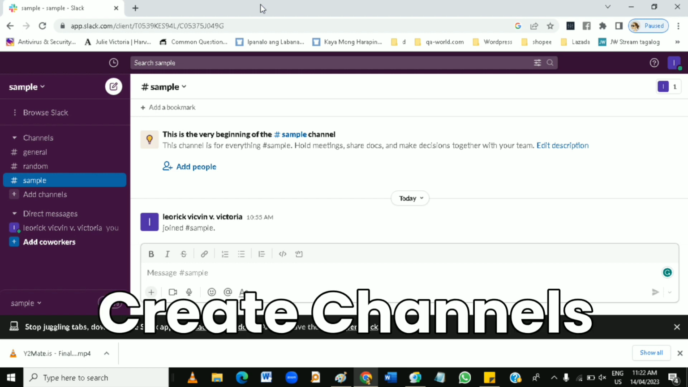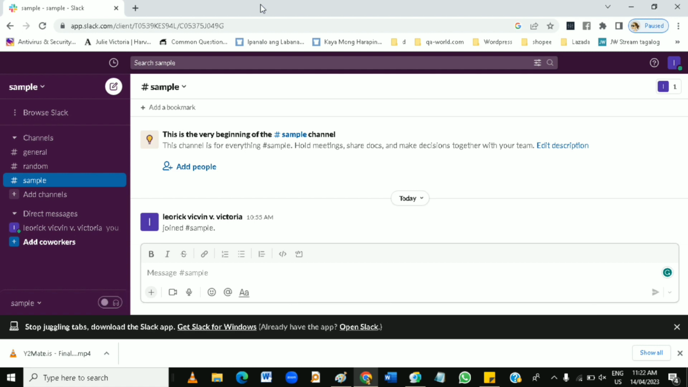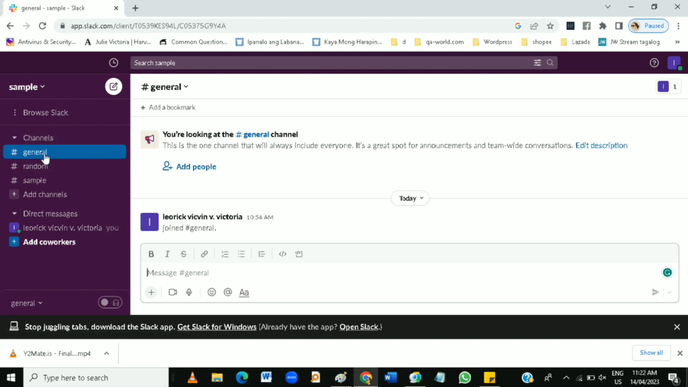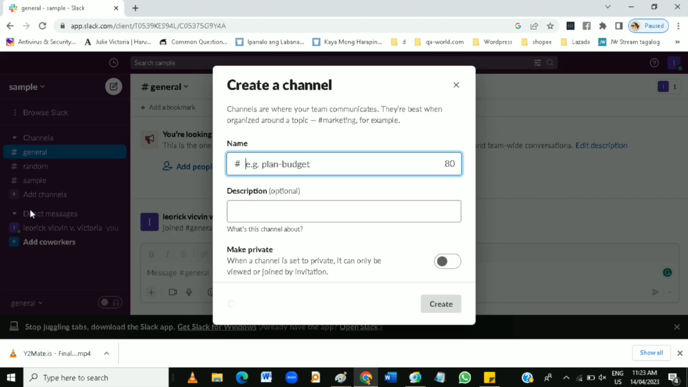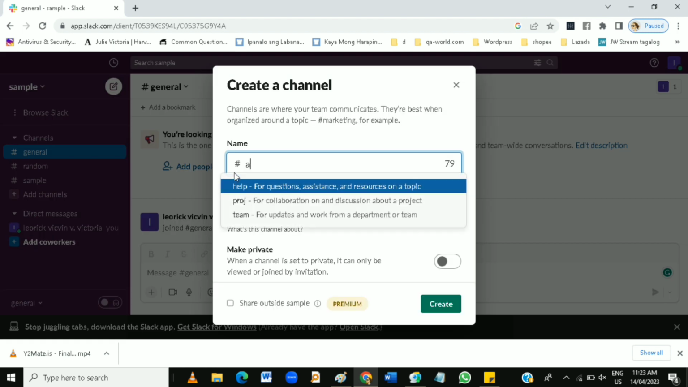First, create the channels. Channels are where most of your team's communication will happen. You can see the channels at the left side of your computer or window. So create channels for different topics such as general here. Can use hashtag announcements. So we can add here a new channel which is hashtag announcements